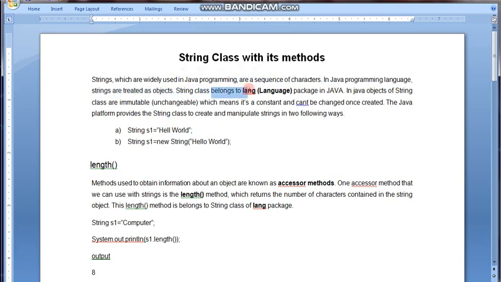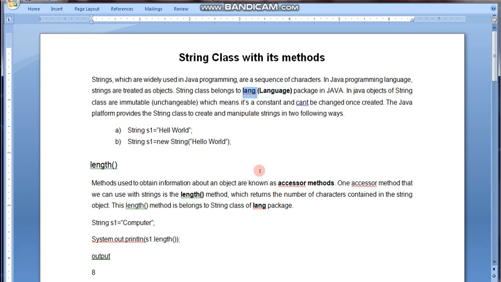So the String class belongs to the lang package. Remember students, lang stands for language package. Just like for the Scanner class, we write on top of the Java program import java.util.*.